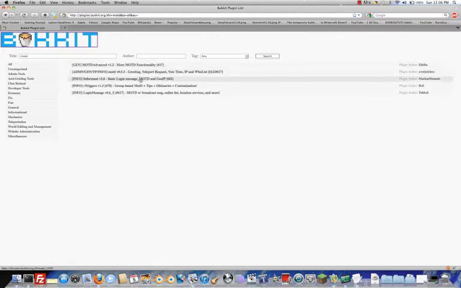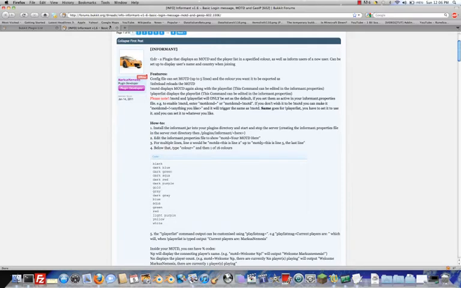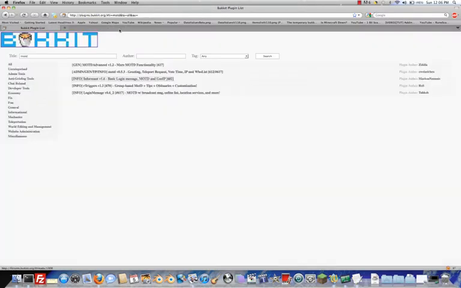So here's a basic login message of the day and GeoIP. But I'm not sure that's up to date. So you're going to want to look over here and see what number they are. So right now, Bukkit is on 670. So this one will work. So if we download this mod,